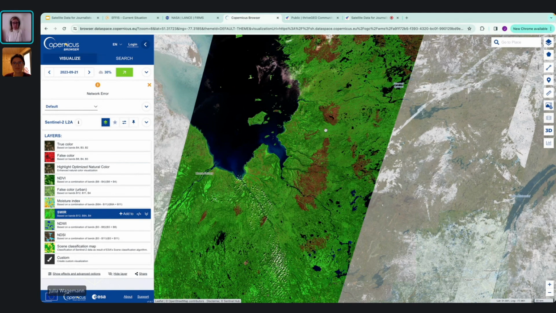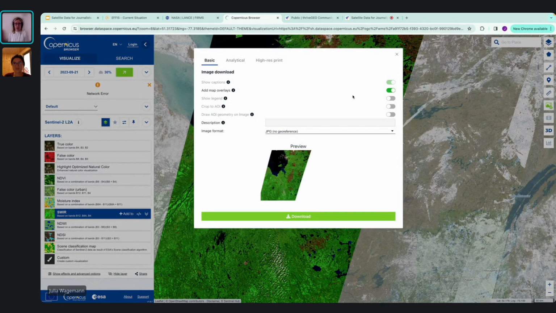So let's say you want to use one of these examples in your reporting or in one of the articles. The Copernicus browser also allows you to download your current map view. You go to this icon, and then you can specify if you want specific map overlays, a legend, or to crop to a specific area of interest.